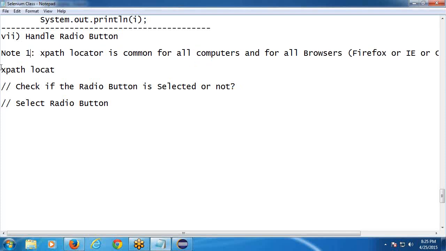When? The developer, we have more element locators. Sometimes the XPath locator is duplicate. For duplicate elements, see, the XPath element locator won't work